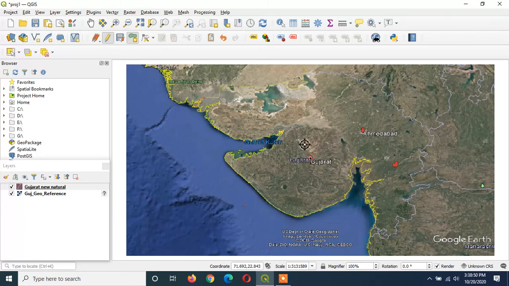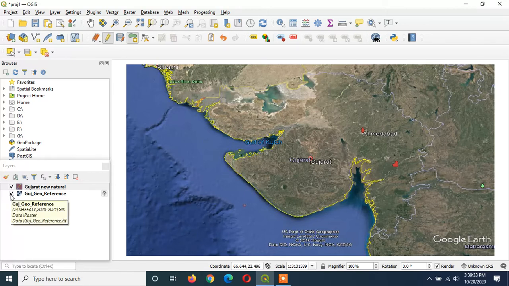And why have we used this georeferenced image? So that we can take exact coordinates of the polygons, because I want to show polygon data which is related to Gujarat. I have taken a georeferenced image of Gujarat. If you want to create polygon data which is related to some other region, then you can add a georeferenced file of that region. If you don't add it, then also it is fine, but in that case you should know the exact coordinates. So this is how we can create the vector polygon layer.